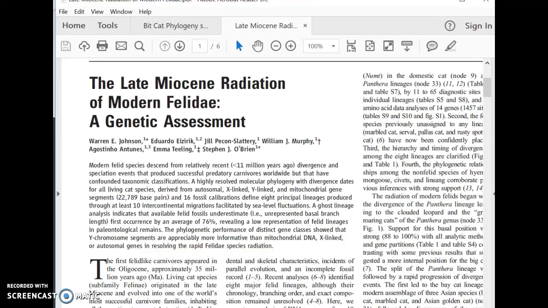Welcome to the screencast of the Big Cat Phylogeny lab. This lab is based on this science article here, "The Late Miocene Radiation of Modern Felidae: A Genetic Assessment," carried out by a whole group of scientists. You can read their abstract, the summary that they wrote for their paper. There are a lot of complicated words in there, but what we're looking at is the movement of modern Felidae, which is the modern cats,